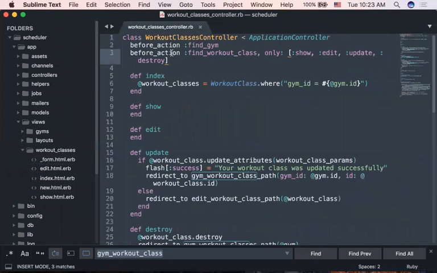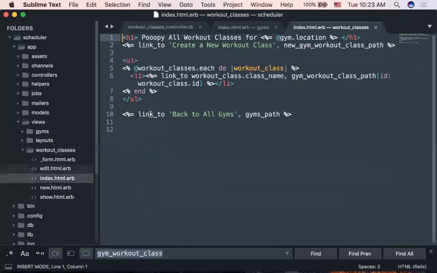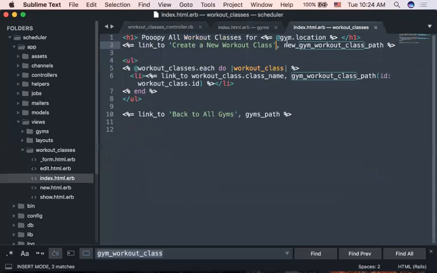Alex brought this up. What happens if I take out the find gym? Is this what you're saying? Or the find workout class? Oh no, I thought because you said that works without passing adding to it. We're still getting that anyway. Well, you need to pass it in no matter what, because when you go to a particular workout class, I'm still using gym. Yeah. You're definitely still going to want to have these before actions, because since you are dealing with a particular,